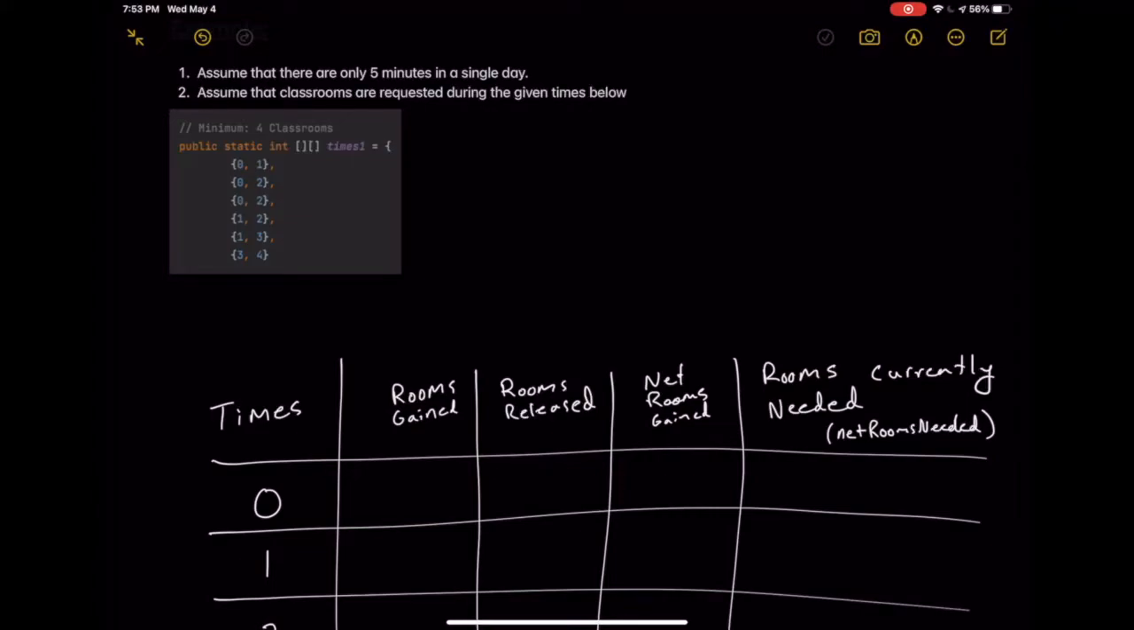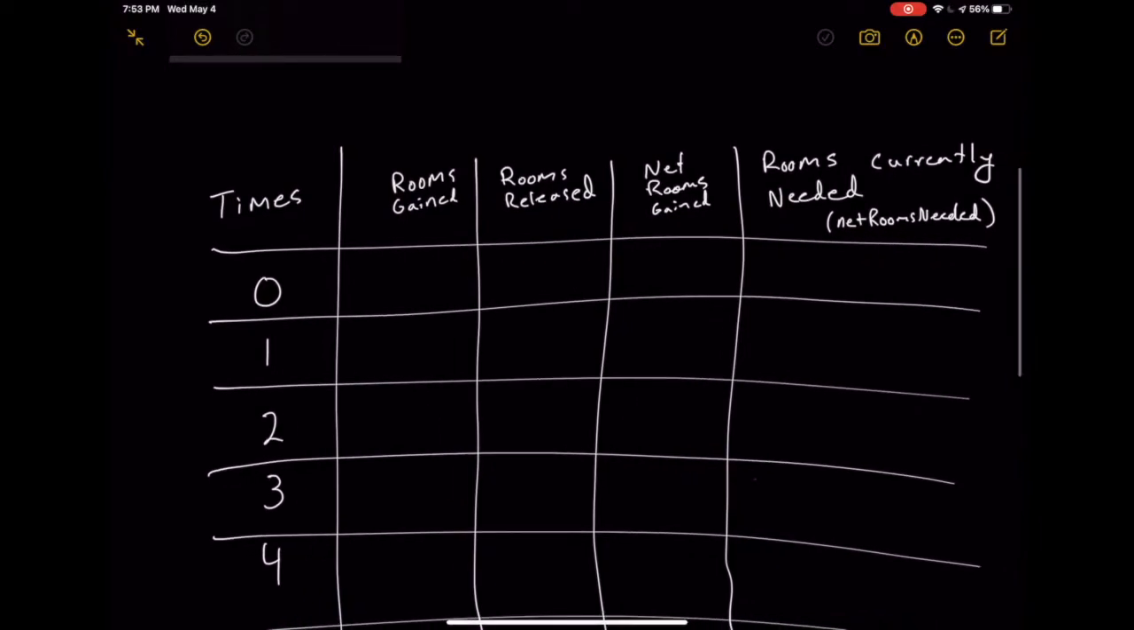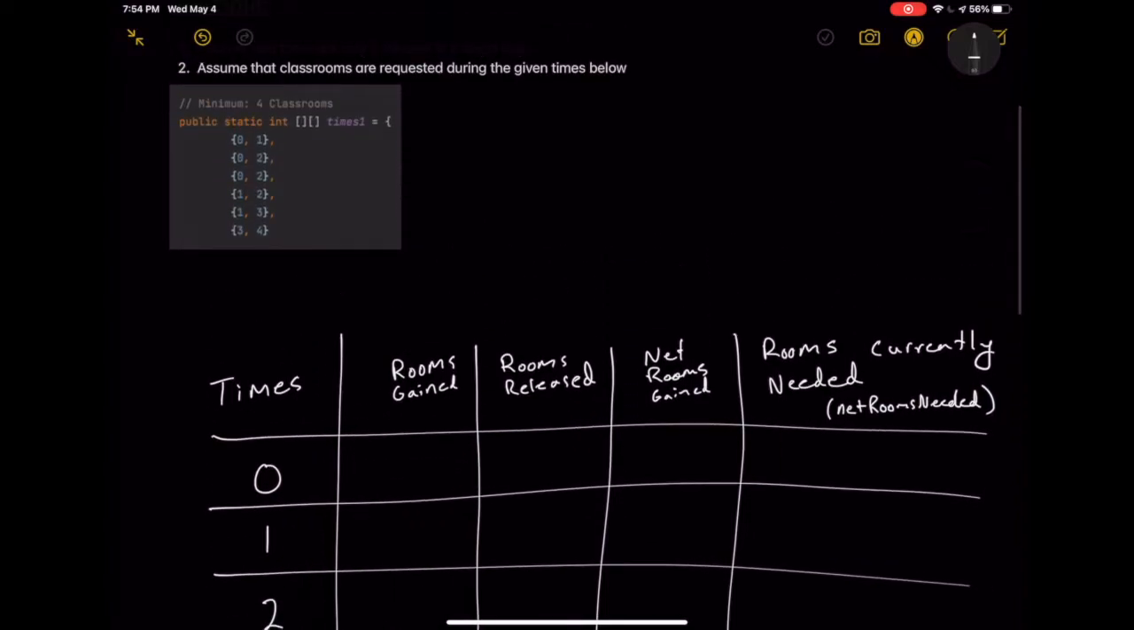So we're going to work through this with the table I made here down below. We're going to keep track of the rooms gained, the rooms released, and the net gain in rooms. And then after that, we'll see what the rooms currently needed are, which in our code would be stored in net rooms needed. So let me get my pencil out. So for rooms gained,